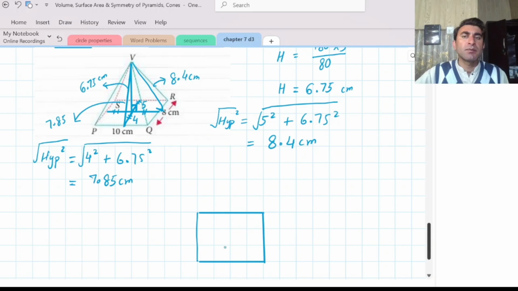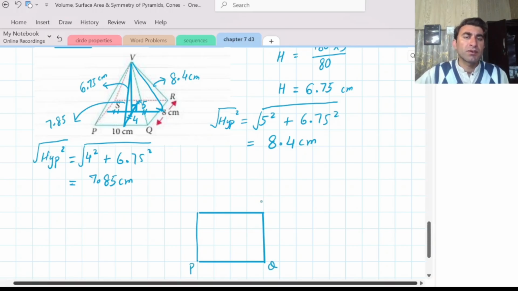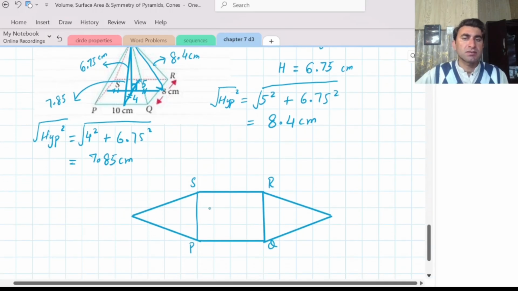Here is the base PQRS. This side is P, Q, R over here and S over here. Now we draw the slanted faces, and they are all triangles. So here is one triangular face and a congruent face opposite to it. And the slant face